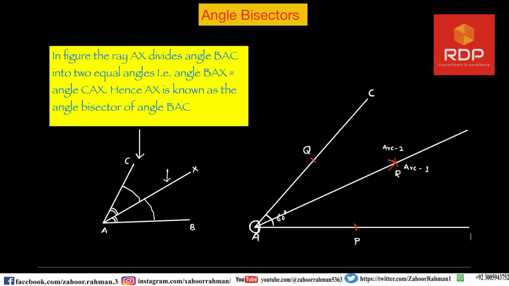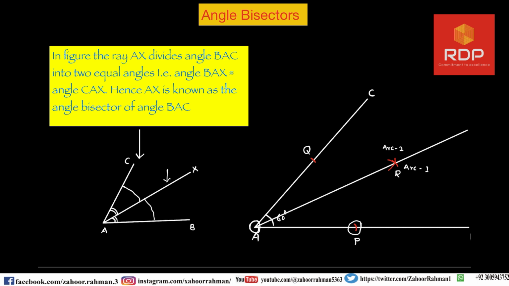But it should not be more than this line. You have to open it either till this point or this point or this point. Somewhere you have to open that compass and then draw this arc,